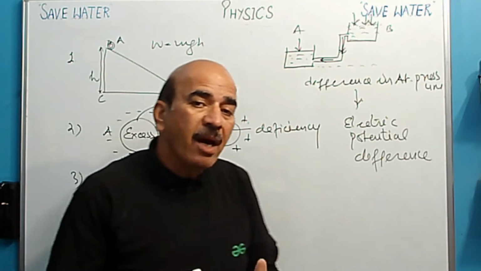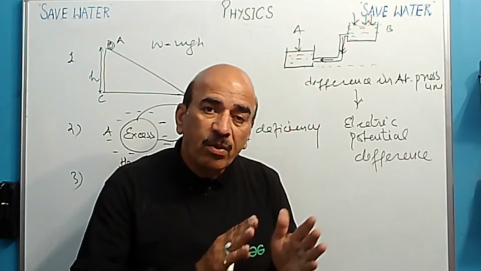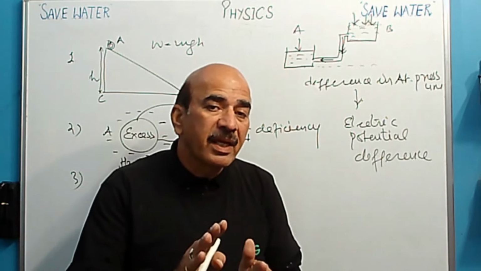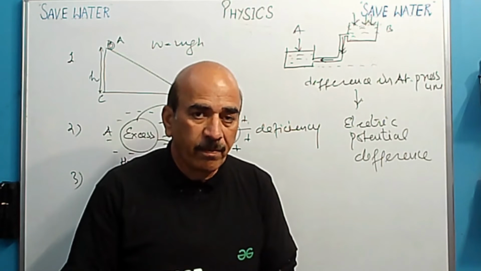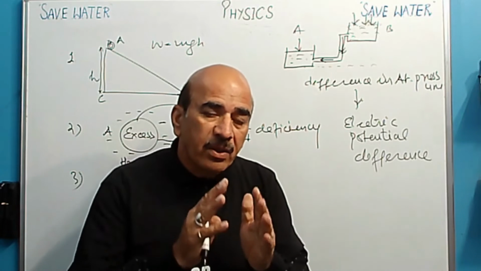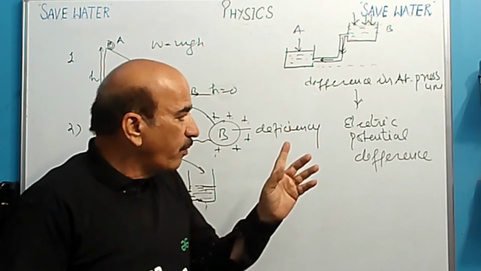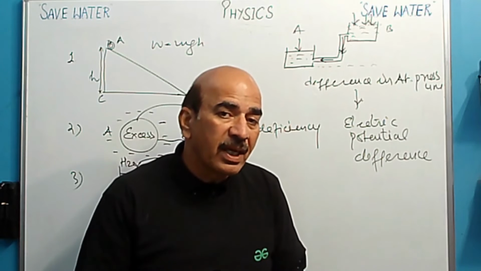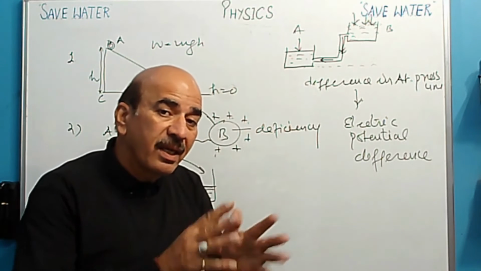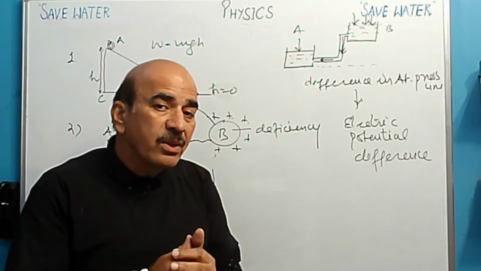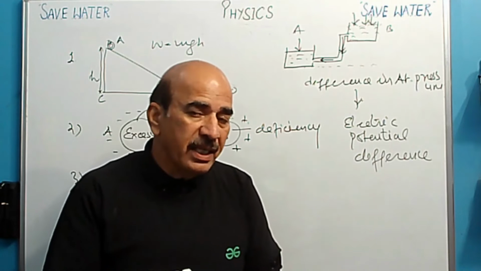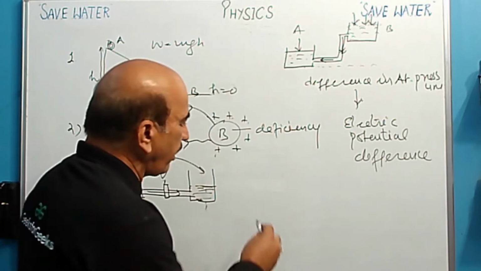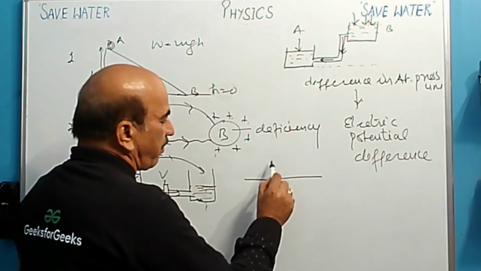So same thing happens in conductors. Okay, to move the charges, some work is done by the external force. To move the charges from higher level to lower level, some work has to be done. In conductors, who performs this work? Can you guess? A conductor है, this is a conducting wire, copper wire.